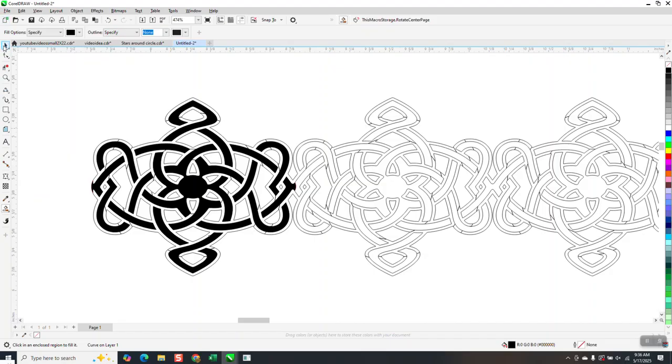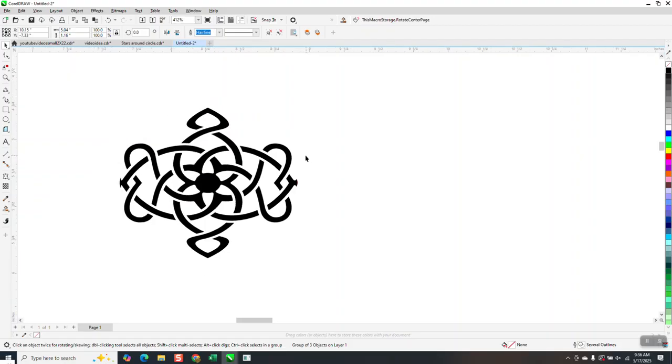So I got them all, and now I can grab this. It's still a group together, and I can move it out of the way. Now, if we look, this thing is 1.28 inches big. I'm going to left click, right click,